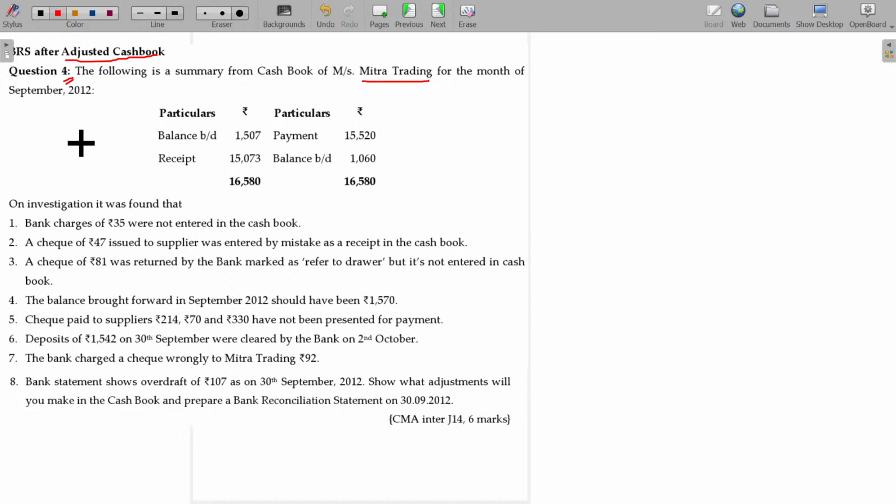Right, summary cash book. That summary cash book shows balance brought down being 1,060. On investigation, it was found that bank charges 35 were not entered in the cash book. So,